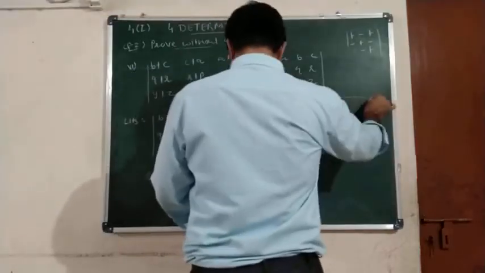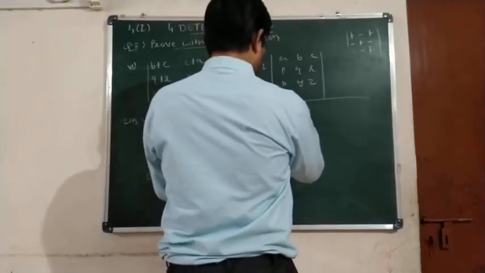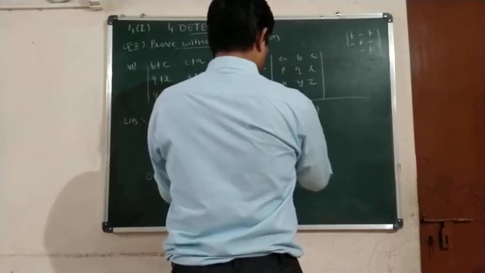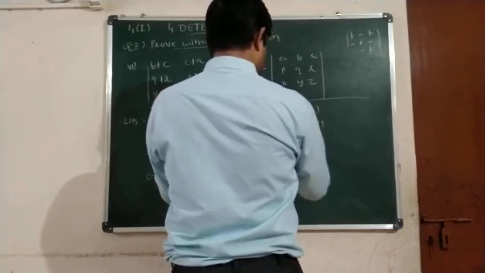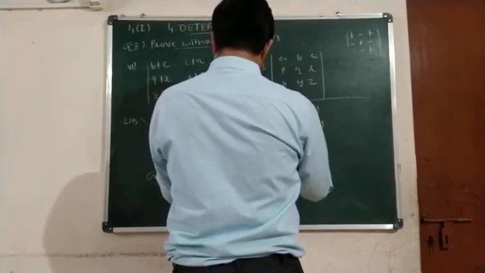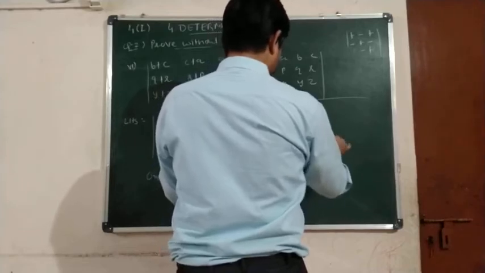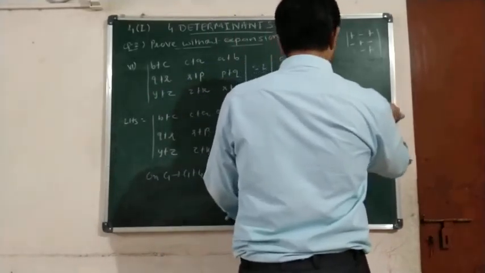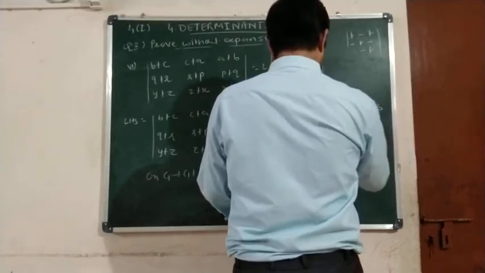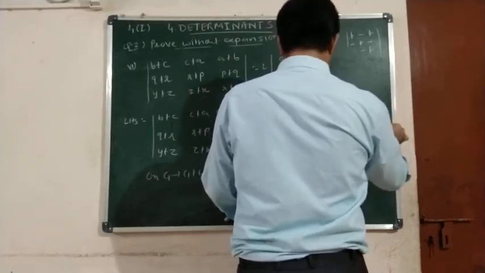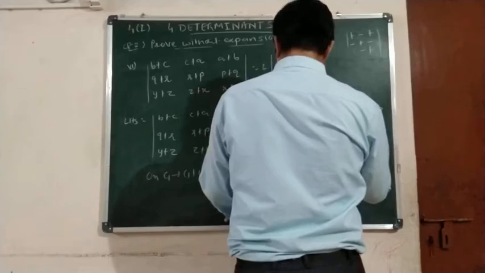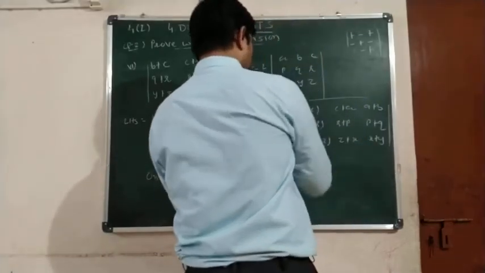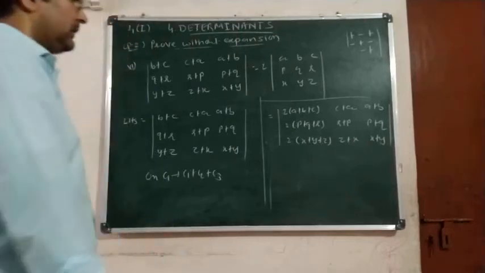So here I will write, 2 common we can take, A plus B plus C, P plus Q plus R and X plus Y plus Z, then C plus A, R plus P, Z plus X, and A plus B, P plus Q, X plus Y. Okay. Now we can take 2